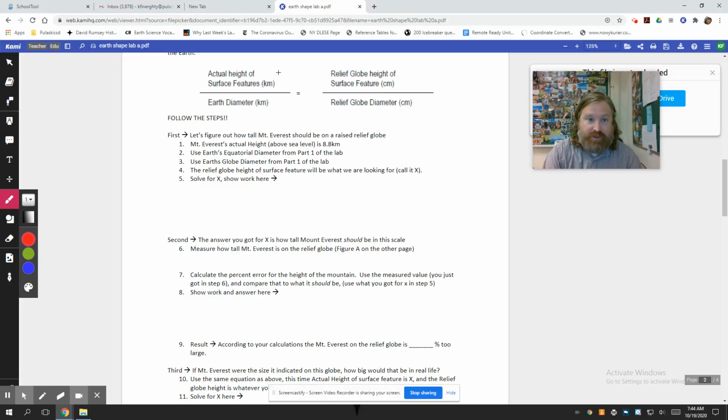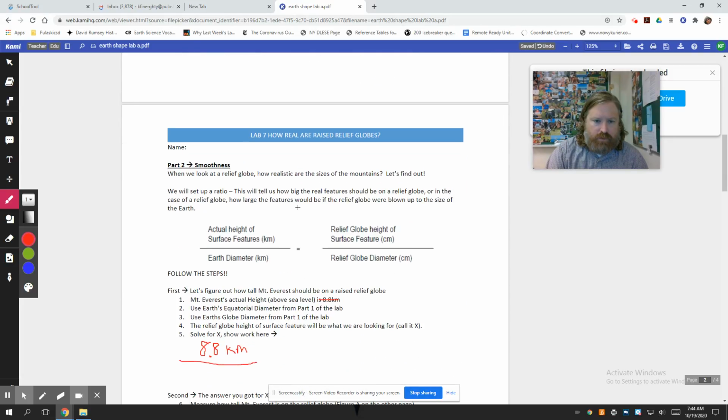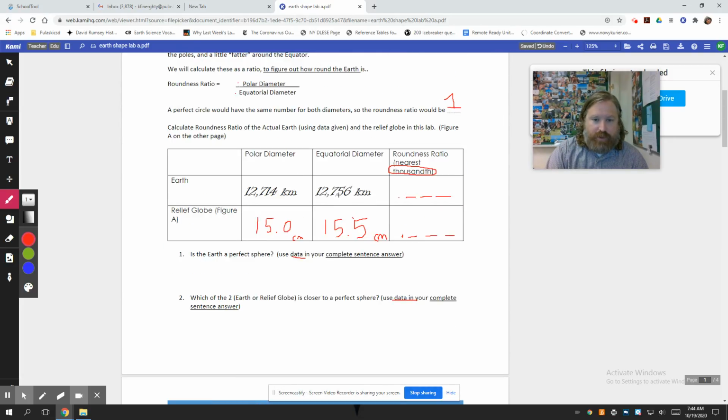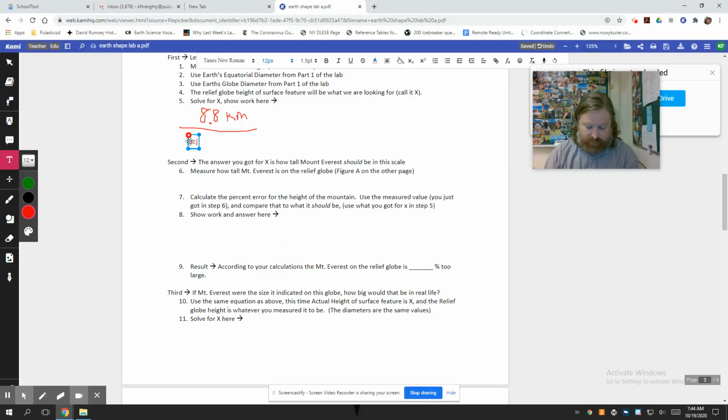It's going to be some cross multiplying using this equation right here, which is a real basic ratio. This isn't really an Earth science equation, it's just a ratio for scale. The actual height of surface features is 8.8 kilometers. That's what I said right there. Use Earth's equatorial diameter for the real Earth diameter, which is 12,756. So 8.8 over 12,756 kilometers